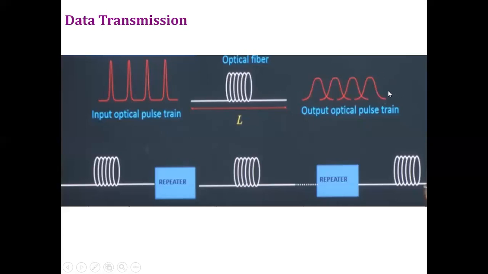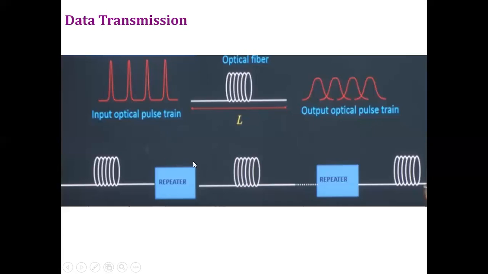Then I have to pay attention, right? We have to take care that these pulses do not overlap, and also that the power level of these pulses remains at such a level that the optical detectors are able to detect them. Otherwise we will lose the information. So before these pulses overlap or their power levels go down beyond a certain limit, we have to reshape these pulses. We have to bring them back to their original form, and this is done in a device known as a repeater, right?